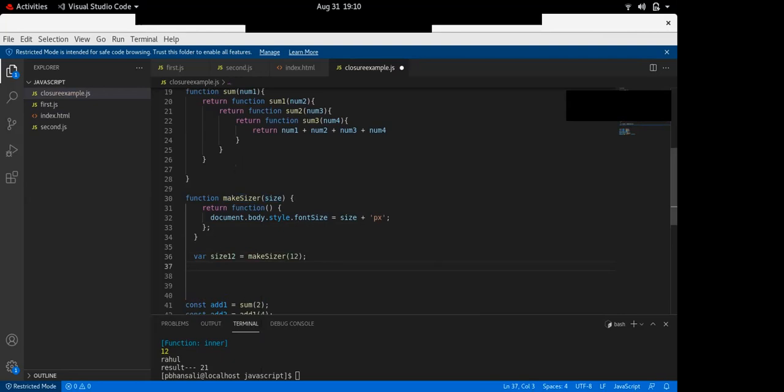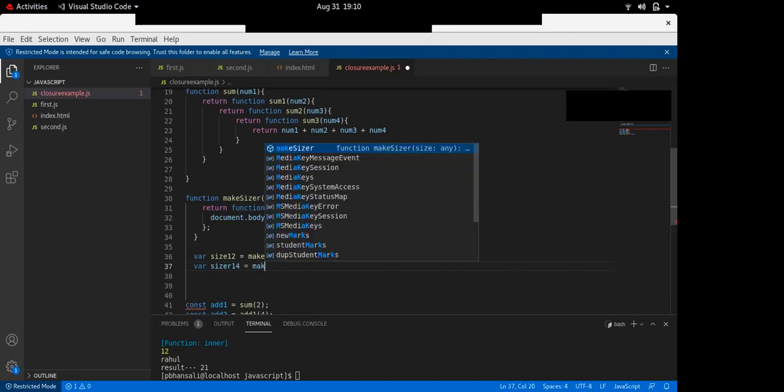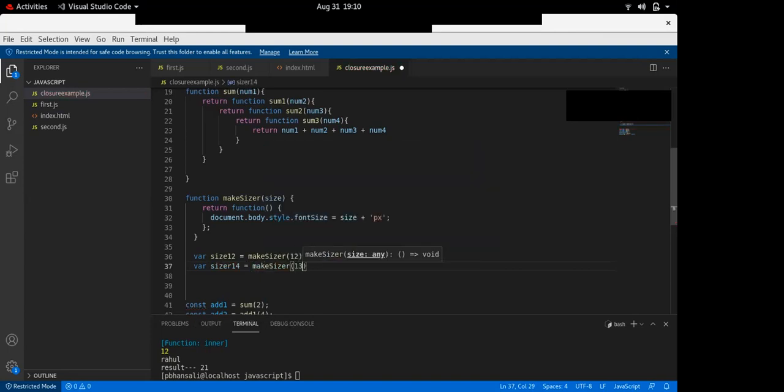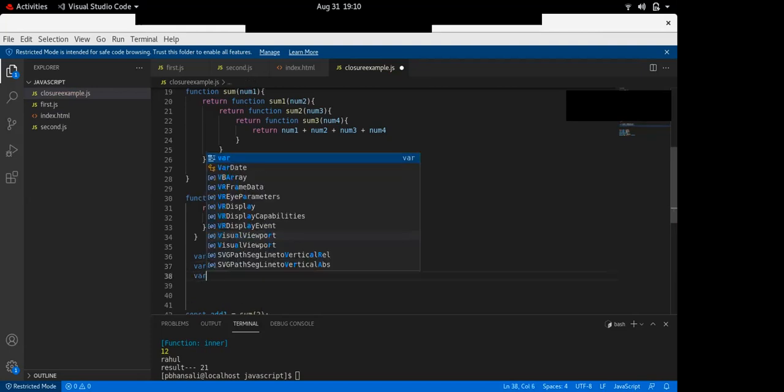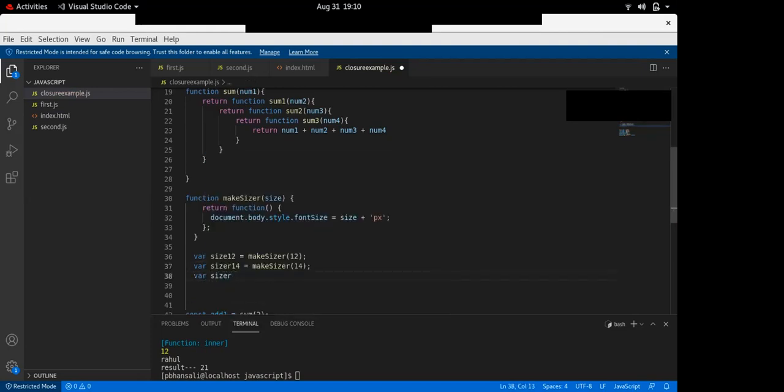Similarly, I will make one more, size14 equals makeSizer(14). Similarly, size16 equals makeSizer(16). So now size12 is one function, size14 is one function, and I will try to print them also for you.